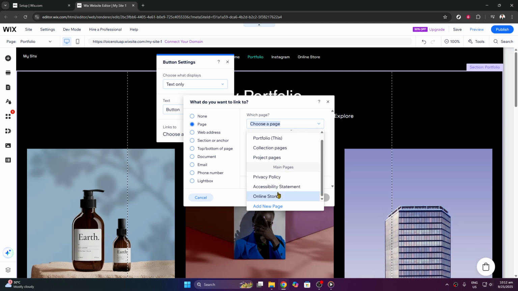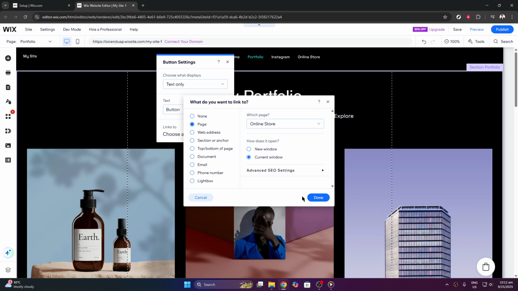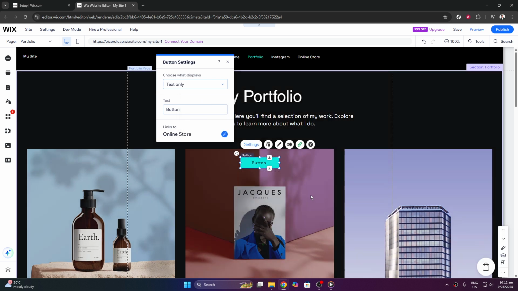Once you've opened the Choose a Link section, proceed by clicking on Choose a Page. This step allows you to link the button directly to a specific page on your website. One typical choice is the online store page, especially if you have e-commerce capabilities on your site. Clicking on Online Store makes sure your button fulfills its purpose, like guiding customers directly to the shop, thereby streamlining